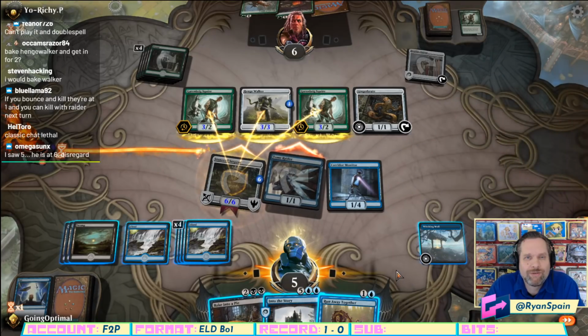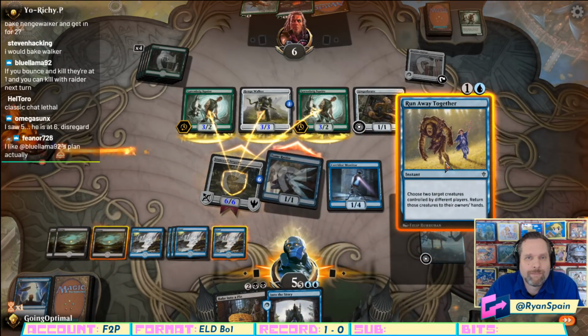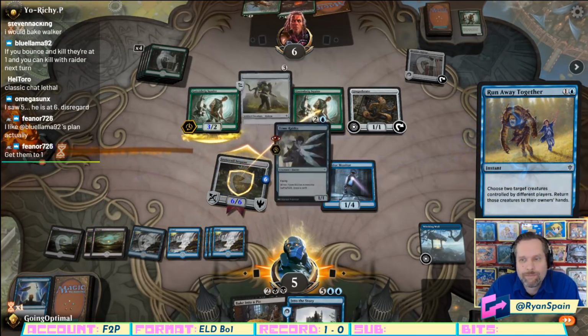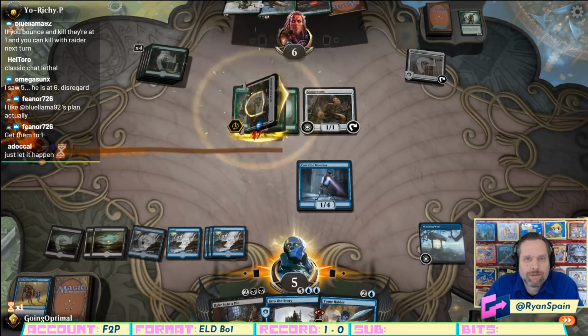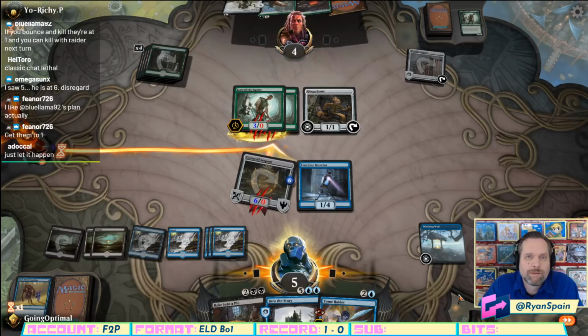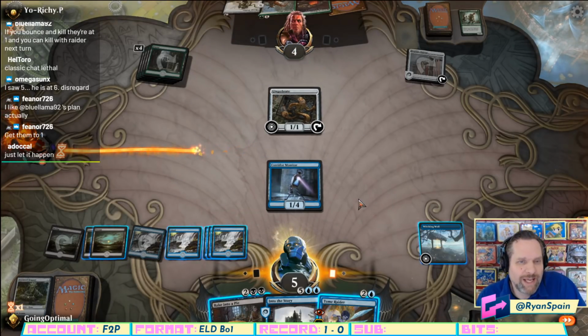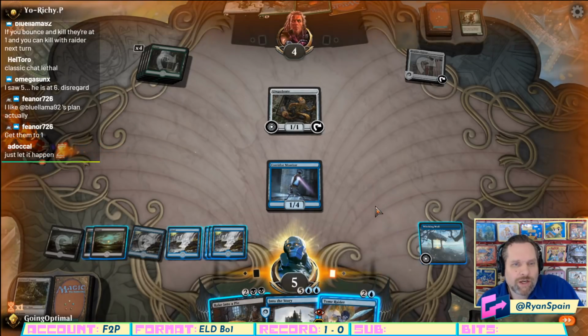Actually, you don't even need to do that is the thing. Might want the... I'm going to do it this way. I like this. I'm going to trade the thing they were going to take away from us anyway. 1, 2, 3, 4, 5, 6. If I replay the Raider...